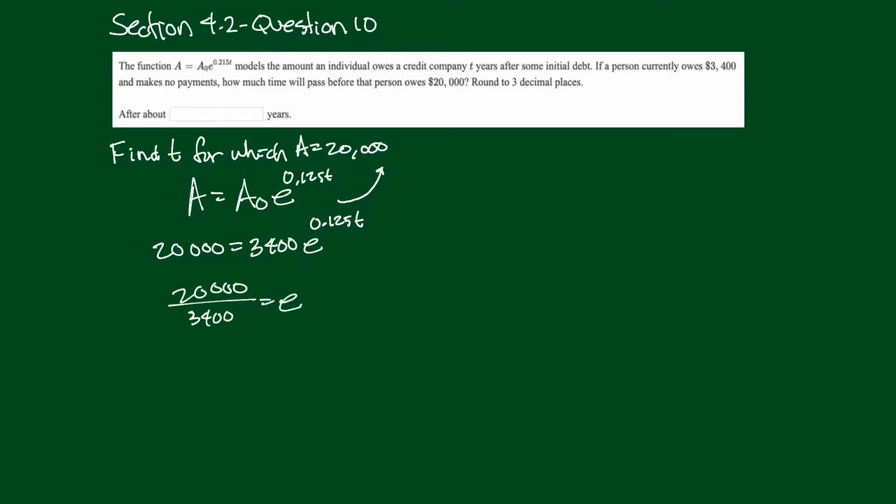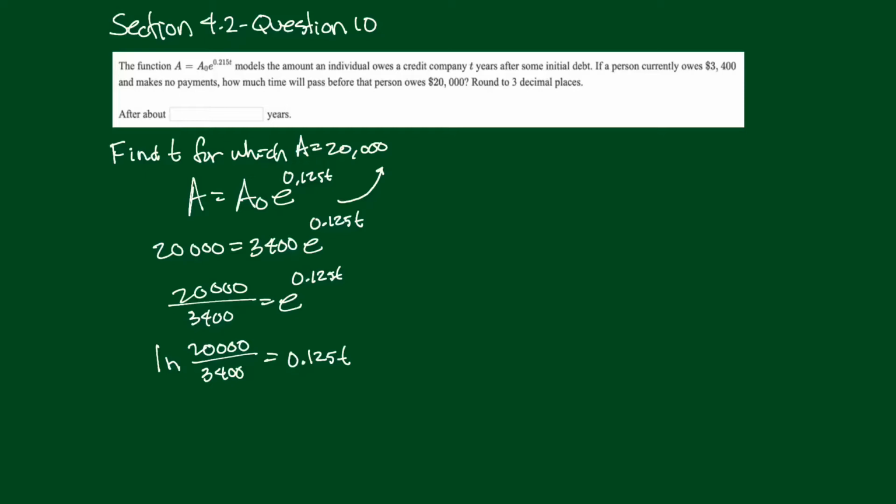That's equal to e to the 0.125t. So we have an exponential function here, right? We've got the variable in the exponent. We solve exponential functions using logarithms. So let's take the ln of both sides. So ln of 20,000 over 3,400 equals the ln of the right side. But the ln of the exponential just undoes that. So we're just going to get the exponent, which is